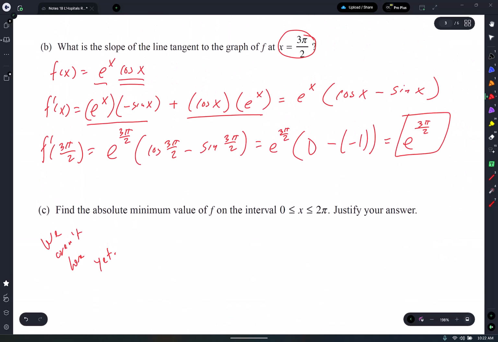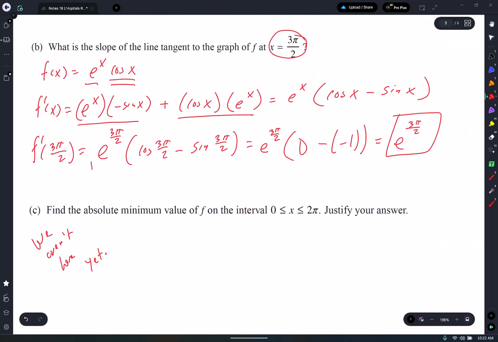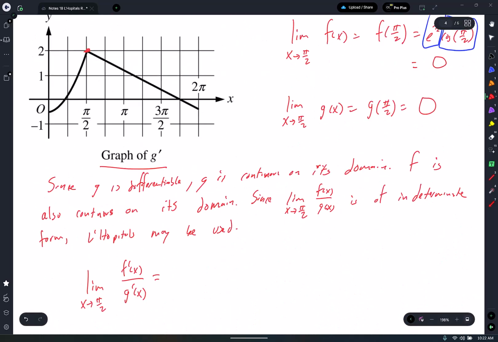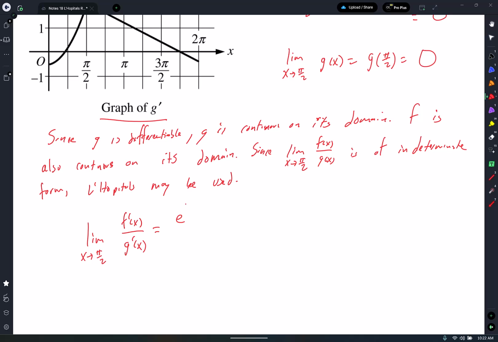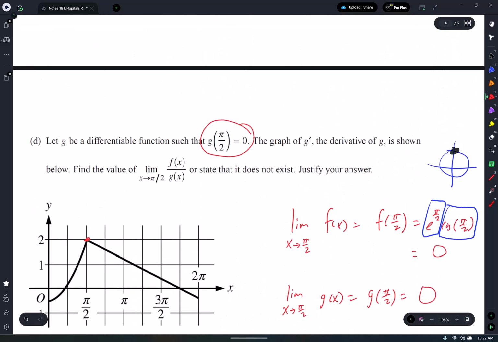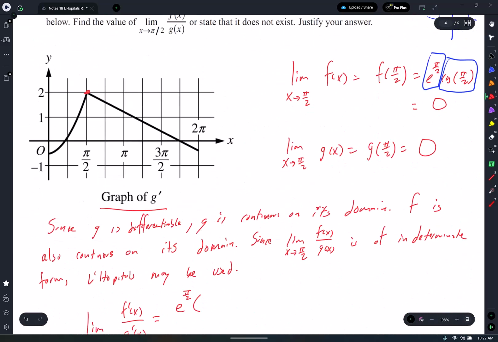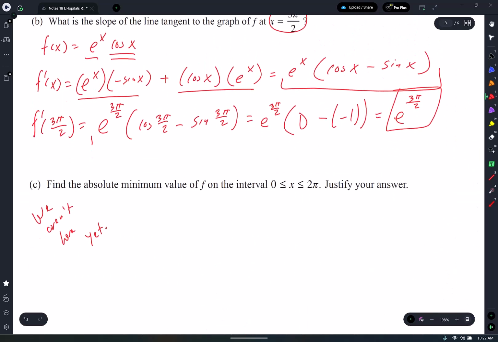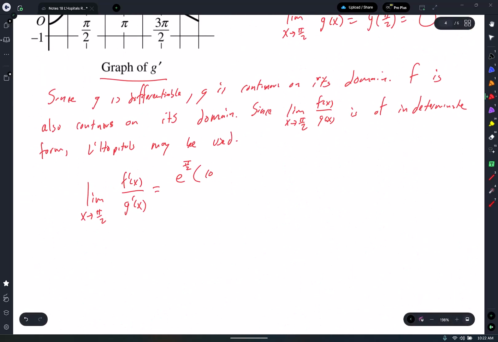Well, I do right here. This is my f prime. So I'm going to write e to the pi over 2, parenthesis, cosine pi over 2. Oh, we already have the answer, right? No, we don't. Cosine pi over 2, minus sine pi over 2